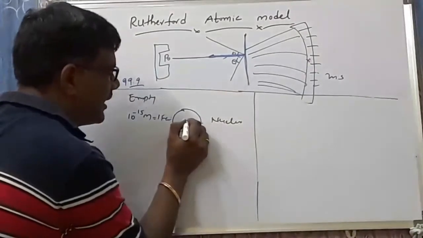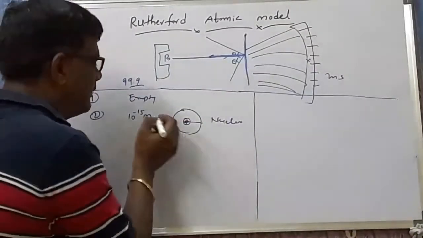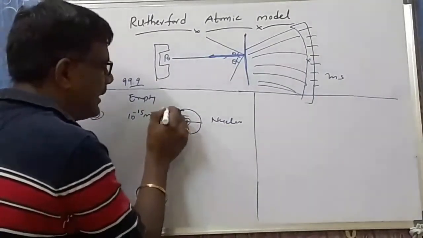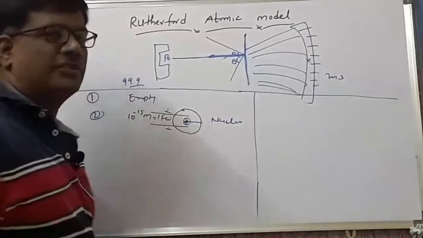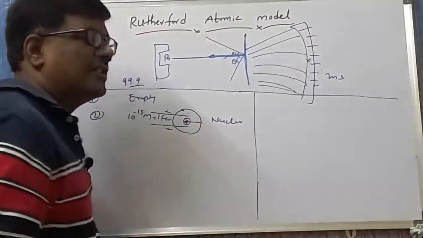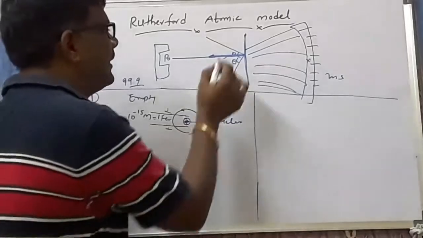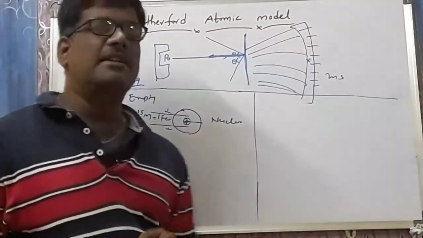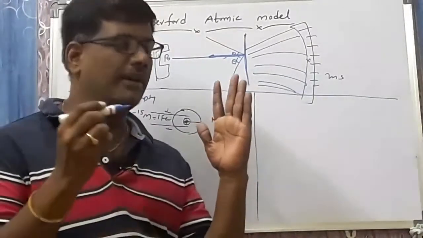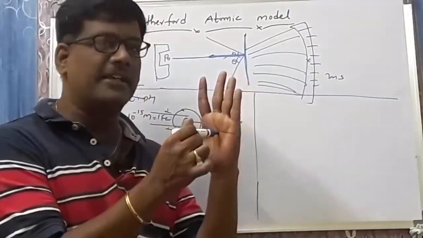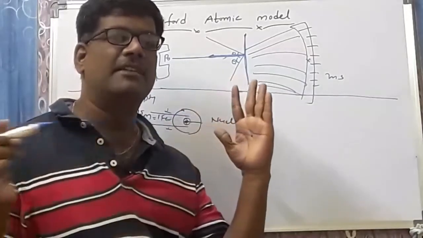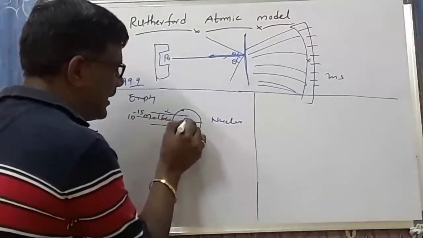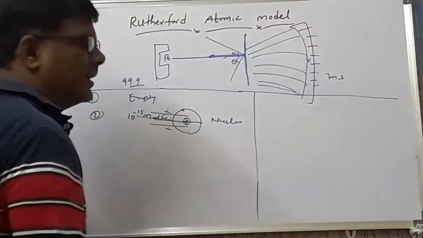Whenever the positive charge is present exactly at the center of the atom, when an alpha particle comes closer to the nucleus, the alpha particle also has a positive charge. So immediately repulsion takes place, and they are reflected with the angle theta. Why are very few particles deflected by 180? Whenever an alpha particle exactly collides with the center of the nucleus, it is reflected along the same path. This alpha particle comes here, exactly collides with the center of the nucleus and is deflected by 180.